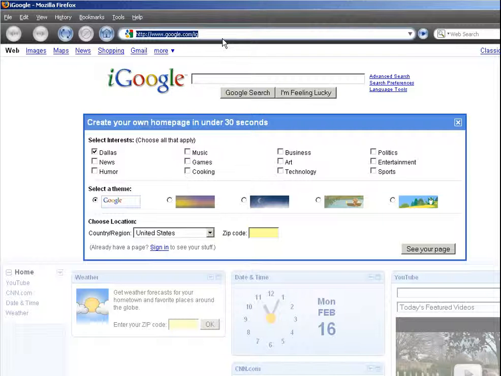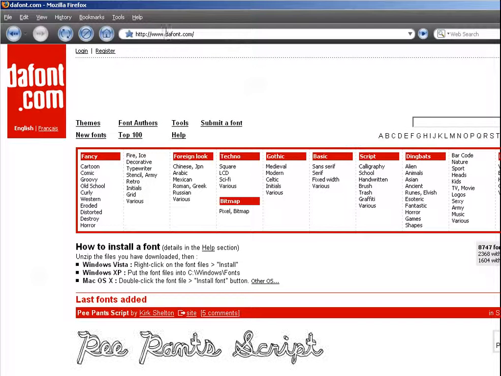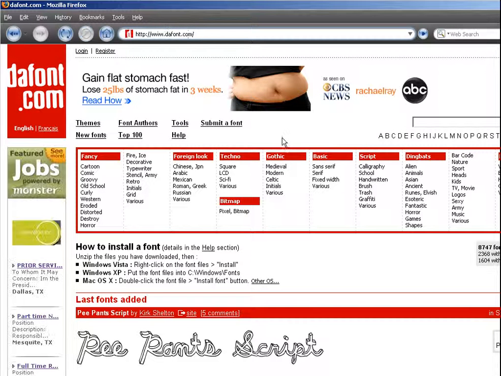is find a place to get some fonts, and a good one is dafonts.com. Okay. Now this project isn't really all that hard. You could get to it fairly quickly. If DA Fonts will come up. Oh, DA Font. I'm sorry, guys. So dafont.com. And what you're going to do is you can find a lot of really cool fonts around here,